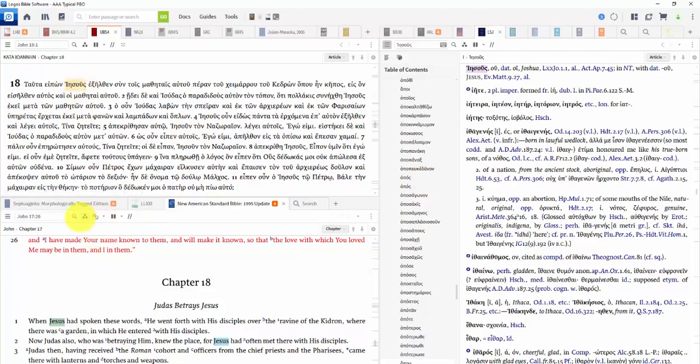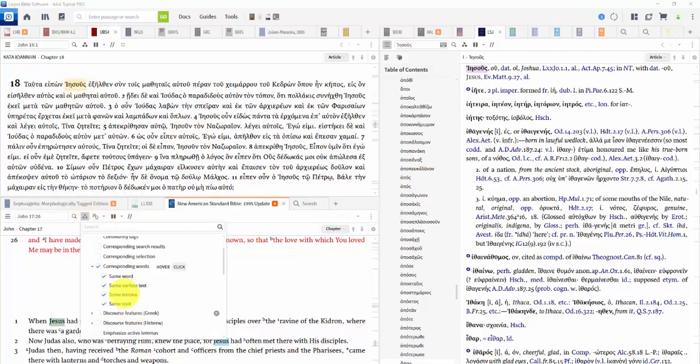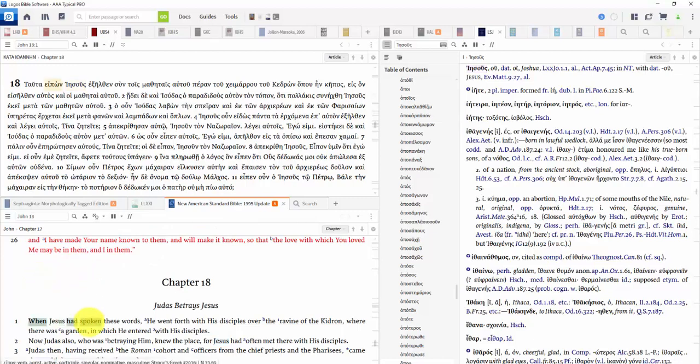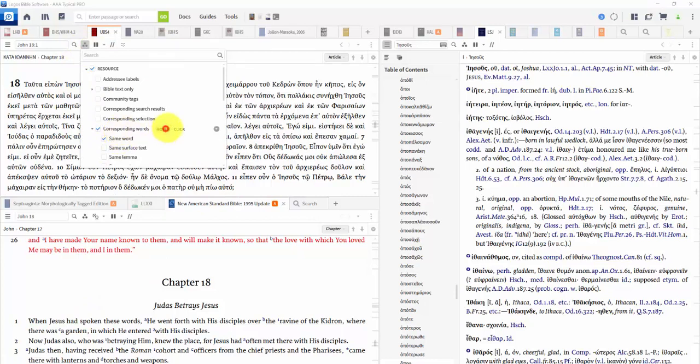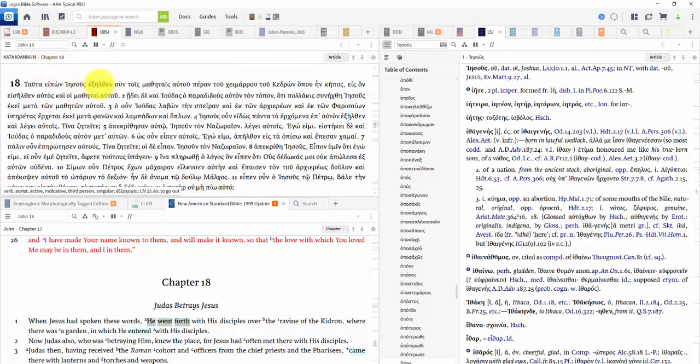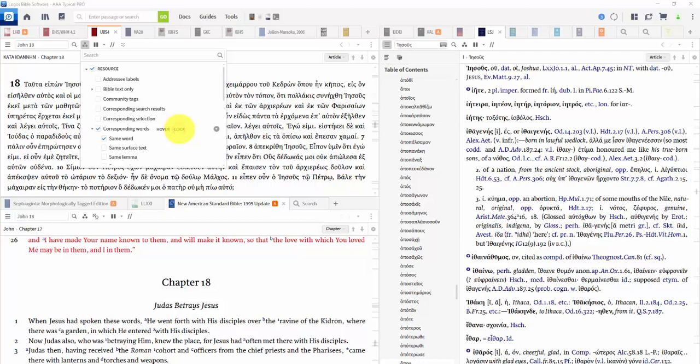You may have noticed that it's possible to have more than one of these turned on at the time. You can have more than one clicked, selected, depending on what you want to have appear before you. It's possible to have this operate with just a mouse hover. I find that just a little bit distracting. If I just hover on a word, it tends to give me a little more visual stimulus than I always want. Here I'm not even clicking, so I prefer personally to have it activated on a